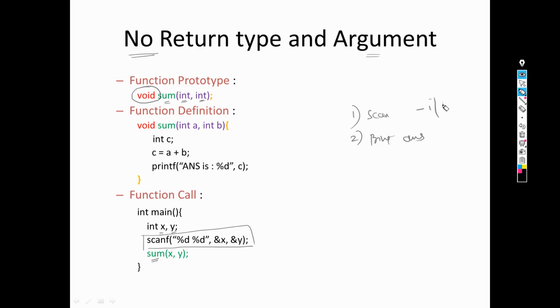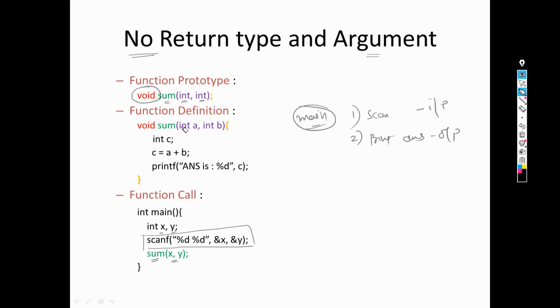So this is your input, this is your output. Since we are passing arguments to the user defined function, scanning is done by the main function. So now the UDF need not scan the values.